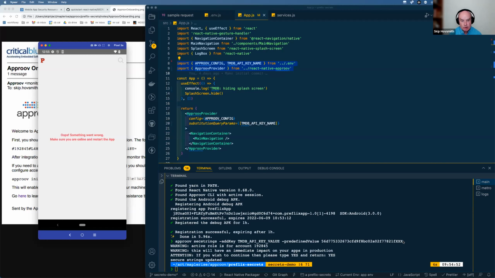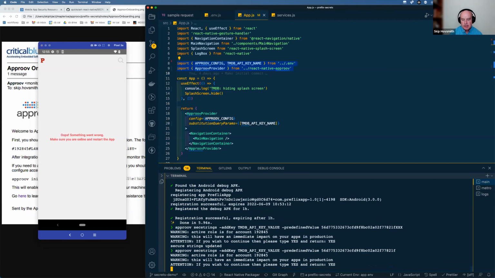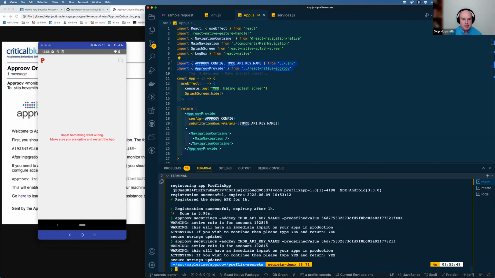We actually did it wrong, so we actually broke the connection. So if we want again to go live, we could just go ahead and update this, and that'll push a new API key into Approve, which will then on launch get, and every time the API is checked, go ahead and update that key on the fly.